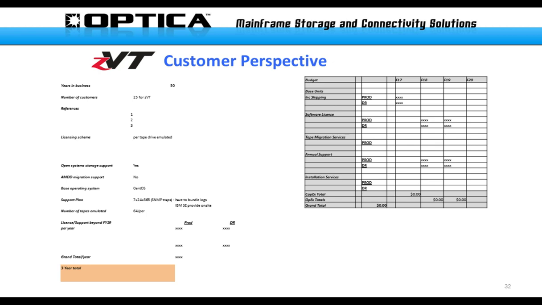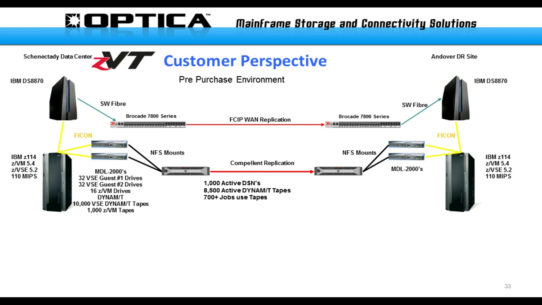So as I mentioned, in our case, we were headed down the get out of the MDL path, and our original setup was as follows. We have redundant Z14s or Z114s sitting out. One is sitting in our main headquarters data center, and one is sitting in our DR site, which is in Andover, Massachusetts. We do disk replication between our DS series storage into both, and as you can see, we had two